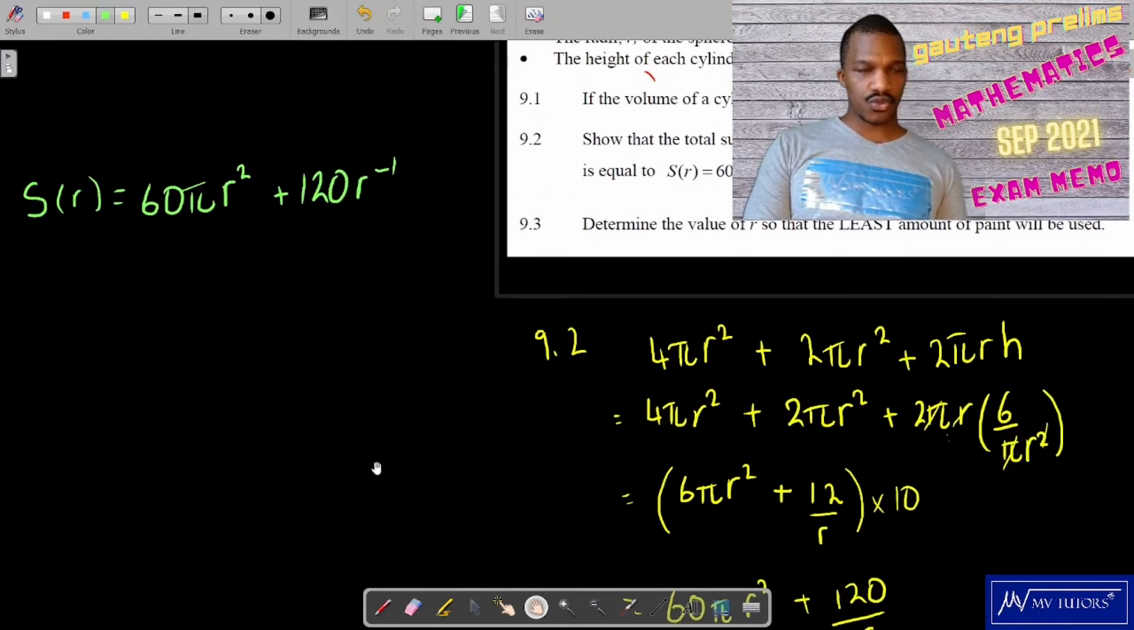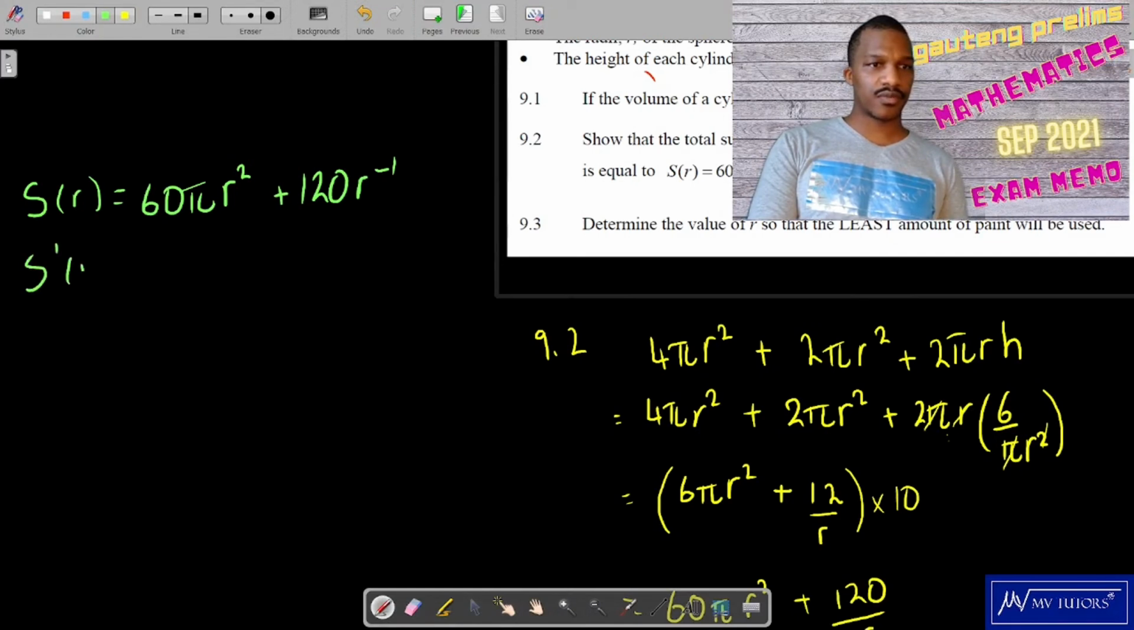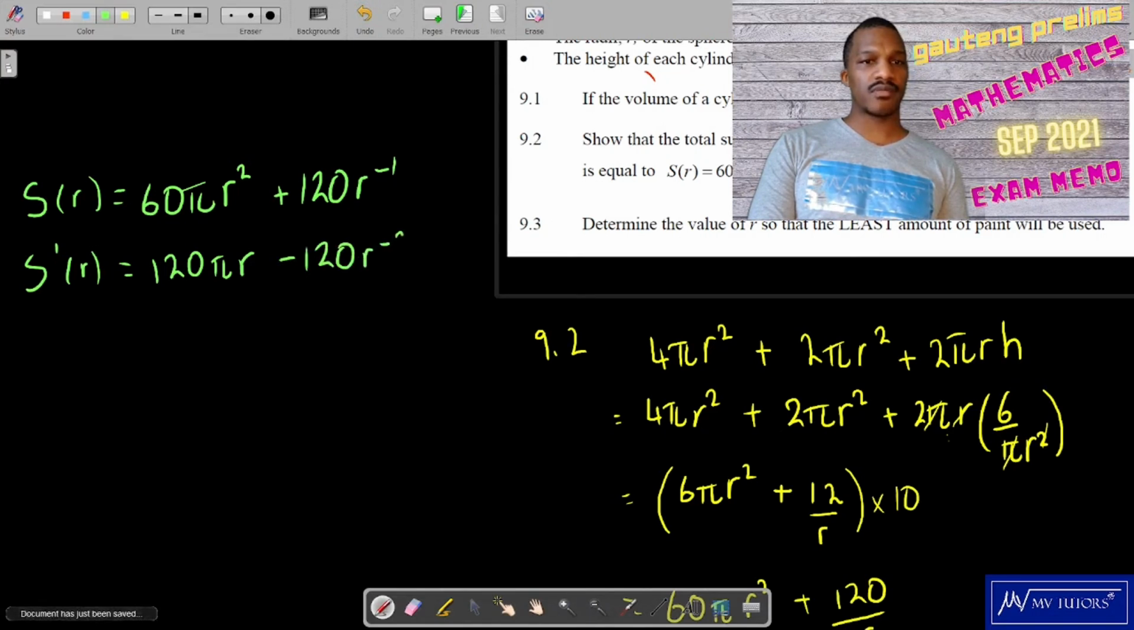That helps me to solve the derivation. So s prime will then be equal to 60 times 2 is 120 pi r, and then this is going to be equal to minus 1 times 120 is -120 r, minus 1 is -2. Okay,